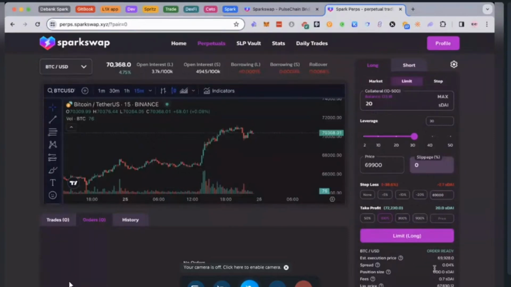And again, it's always helpful to check the overview down here, right? So I'm hopefully going to see, if this comes down to my trigger price, that I'm going to be able to buy at a price of 69,928. It's going to be a position size of, I'm sorry, 600. I had an extra zero there. It'll even give you your fees, your potential liquidation price, right? Which again we won't be getting to, because if it gets to 69,000, we'll be cashed out before then anyway. But if I wanted to go ahead and push this through,